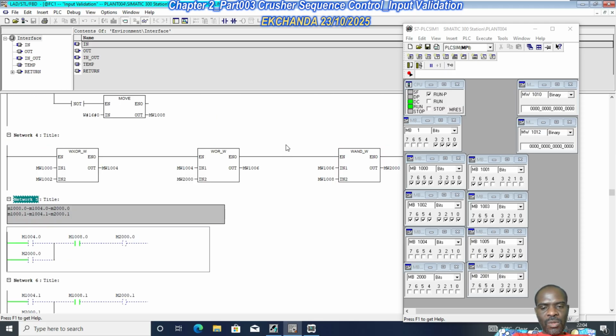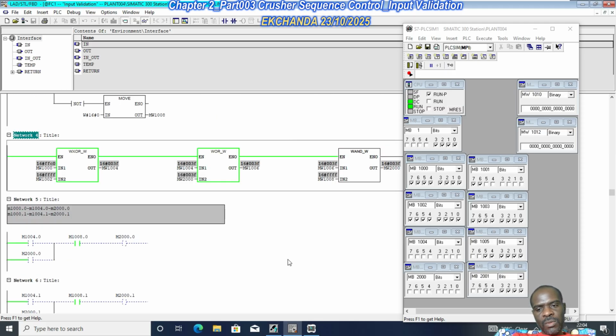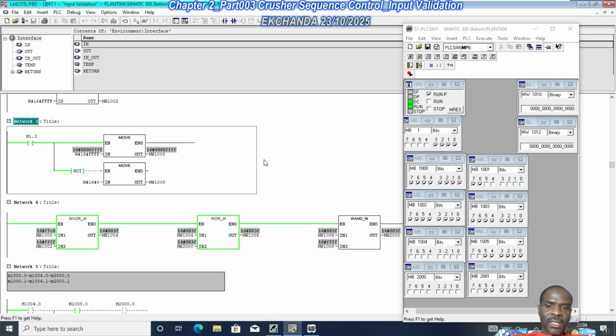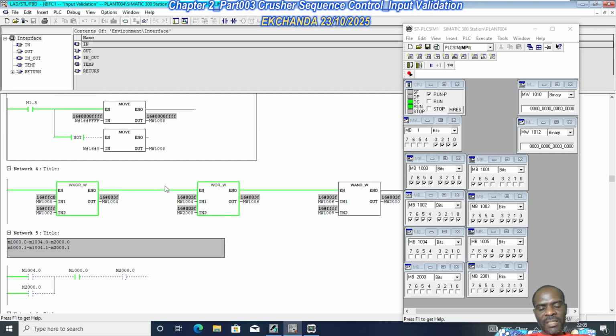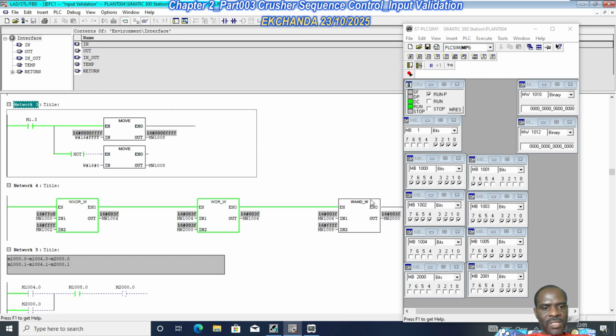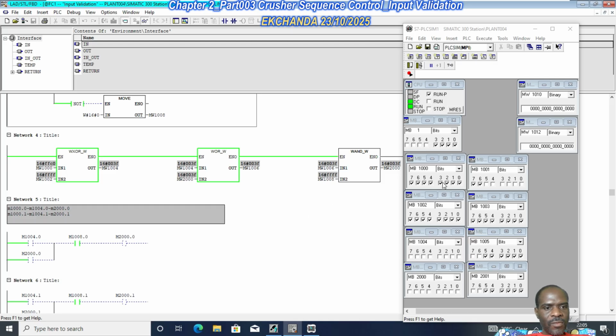So it helps you to monitor your input conditions, because at this stage you can map any number of protection inputs to this configuration, and whenever an input transitions from a true state to a false state,